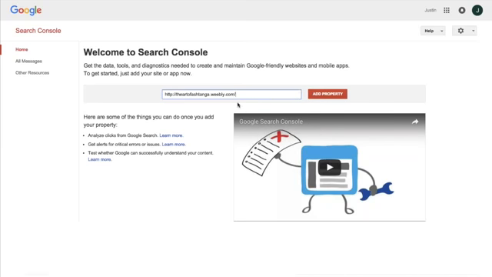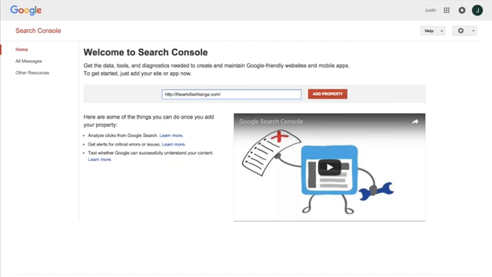Now, one thing to note here is that I'm using a Weebly.com subdomain. So I'm not going to be putting any sort of www in here because that's not something that I use for a Weebly.com subdomain, nor will you. But let's say I owned